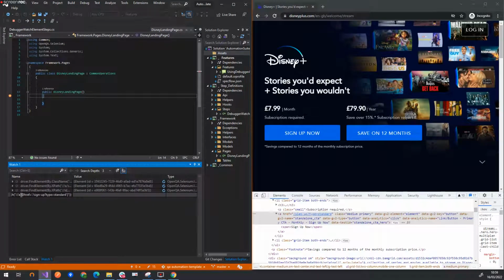Again, we're going to use /a, but we're going to change this to data-test-id, and change this value here to standalone-CTA-hero. Okay, so if I do that and we allow that to run,